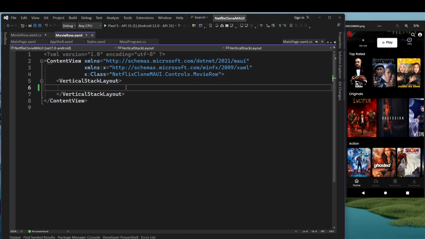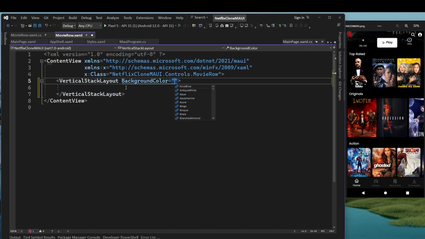So first thing is we need to have background color on this. So on vertical stack layout, we'll set background color to black. Fine. Now in this,